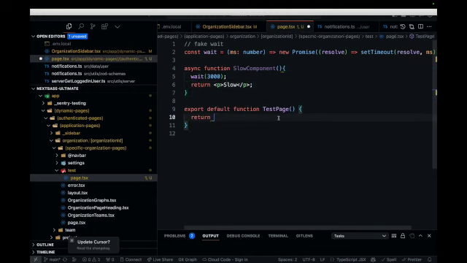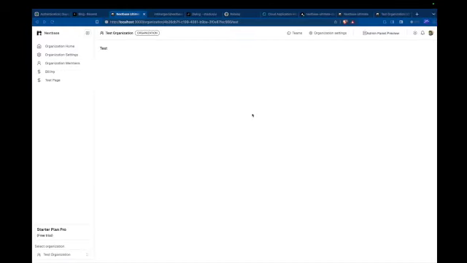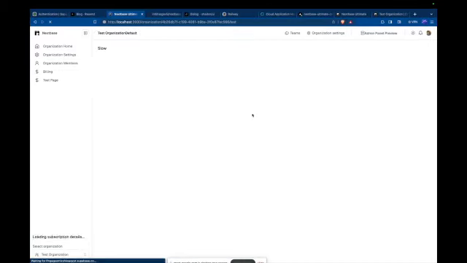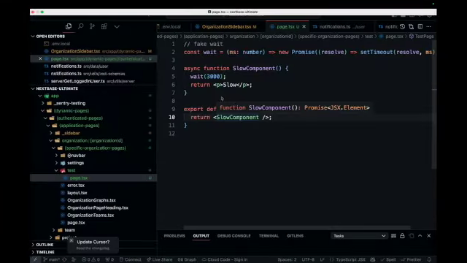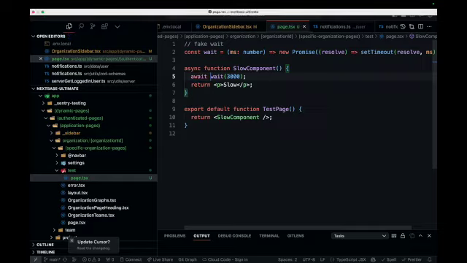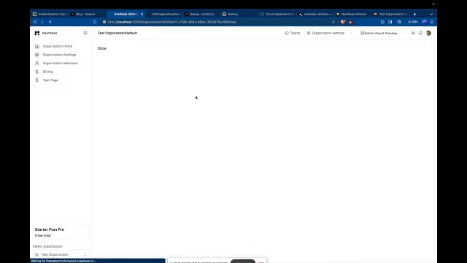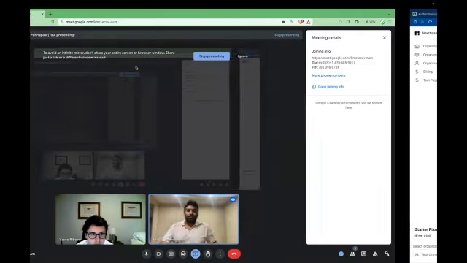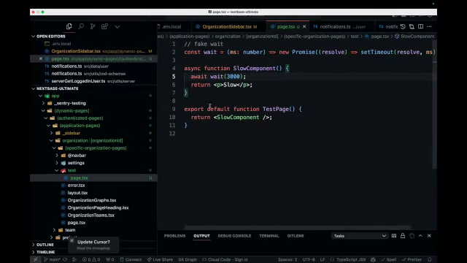So I can just do export default this, but let us say I render this slow component here, then the page itself will take 3 seconds to load. I think, wait, did I miss something? Oh yeah. Right. So now the page itself will take around 3 seconds to load, but to make it feel like the page is much faster,